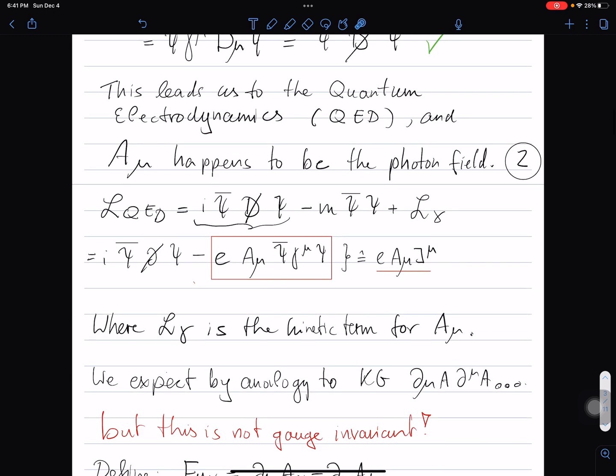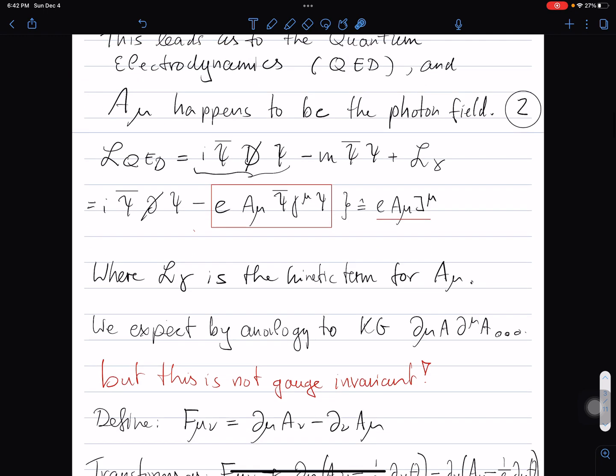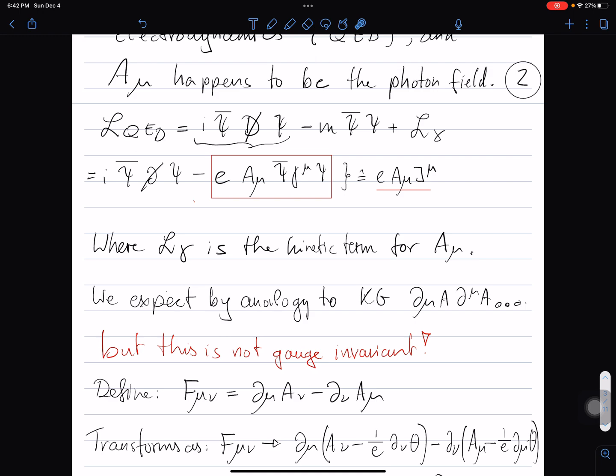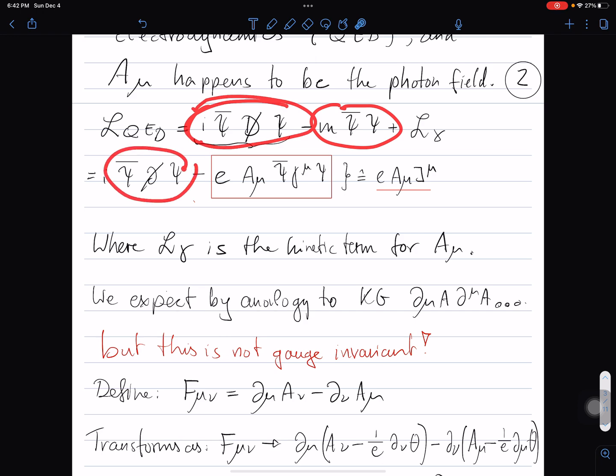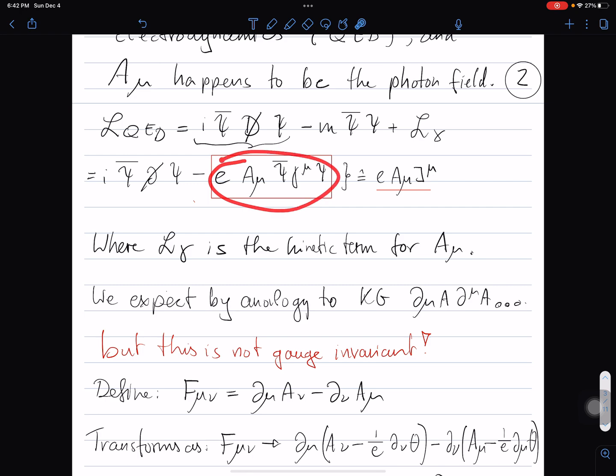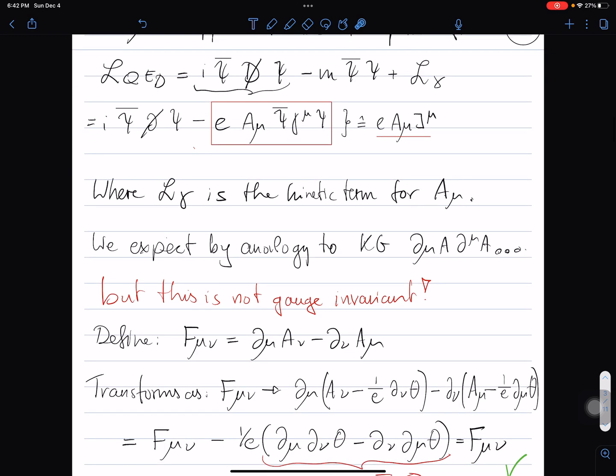This leads us straight to quantum electrodynamics, and in fact this A_mu compensator field is nothing else but the photon field. Now the QED Lagrangian has the mass term for the fermions, and the kinetic energy term contains the kinetic energy of the fermions, but also the interaction with the photon through the covariant derivative. We have A_mu multiplying the electron current J^mu. We have already discussed how currents can source interactions. This is exactly the term that is responsible for the coupling of the electromagnetic current to the photon field.